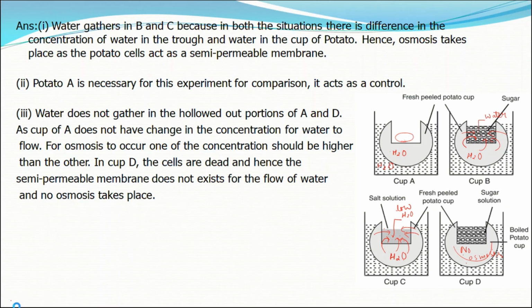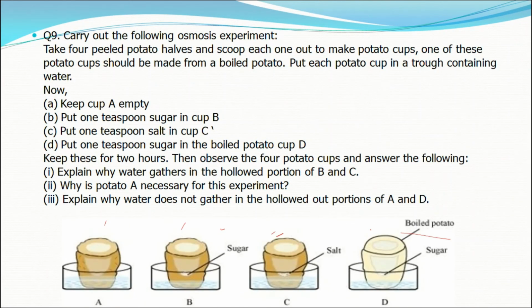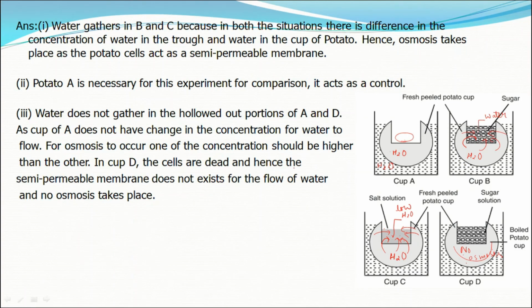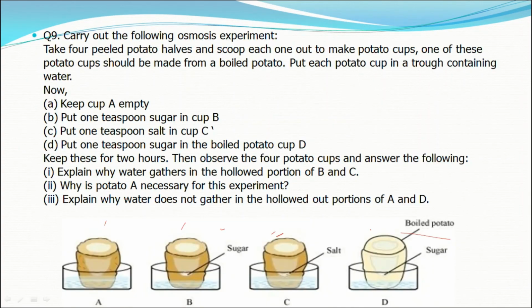The next question that we have is, why is potato A necessary for this experiment? Potato A is necessary for this experiment for comparison. If we want to compare the condition of cup B and cup C, we need cup A for reference. Then the third question that we have is, explain why water does not gather in the